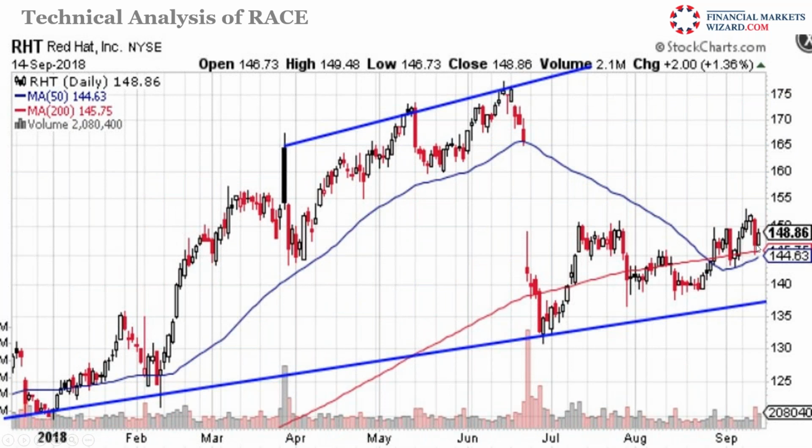RST is on my watch list. So I see the double support right here, 50-day moving average, 200 days sitting right here. So now all I have to do is watch it and see if the buyers are here. If the buyers are here and it's moving up aggressively, then there's a big gap here. You see the gap all the way to 165. So this is my target gap fill,